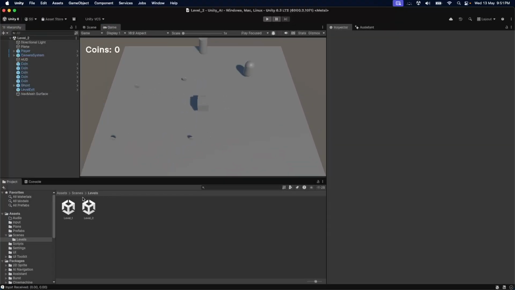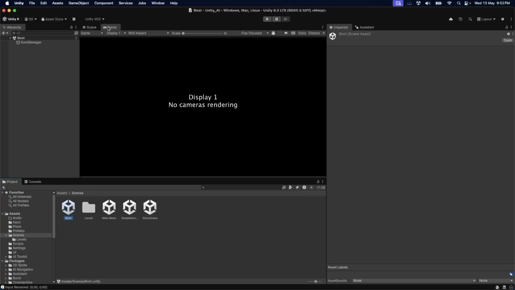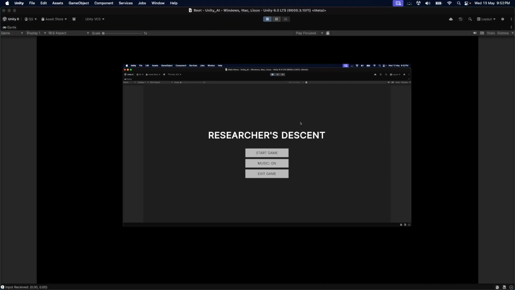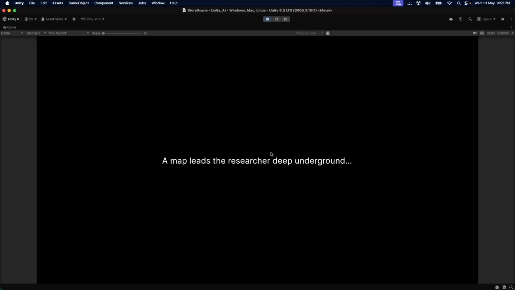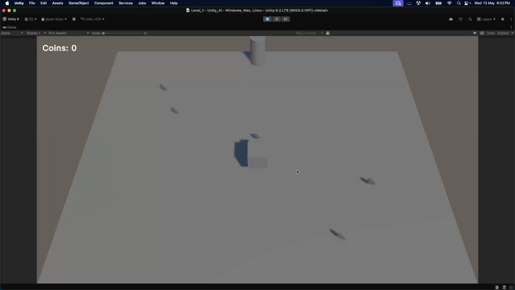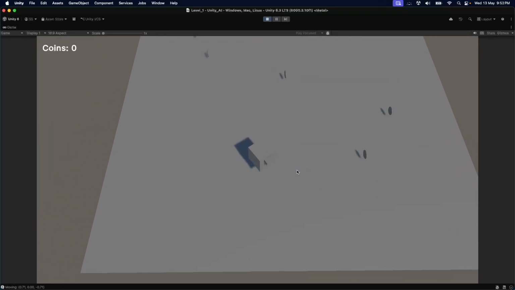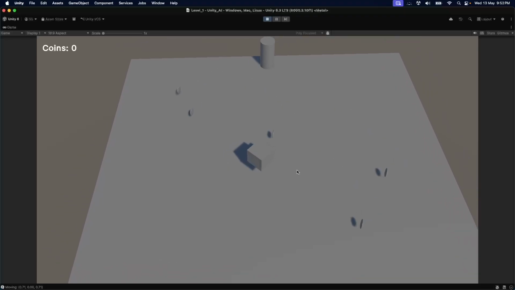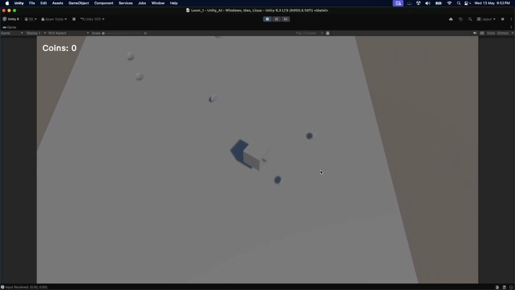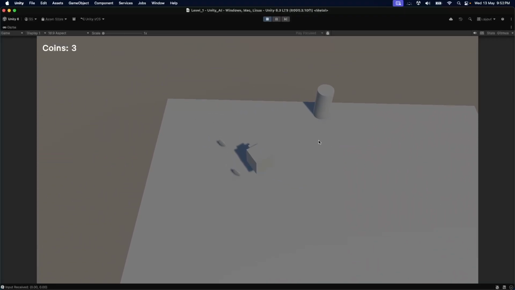Alright, so let's play this once more. So we'll go to the boot and hit play. So we have this UI, and then we get this nice little bit of detail, and then we have this level. This is our player, and I can move using my WASD keys, and now you can see it is able to collect the coins itself,